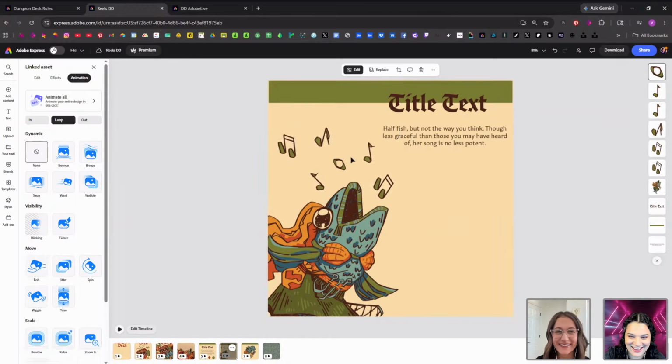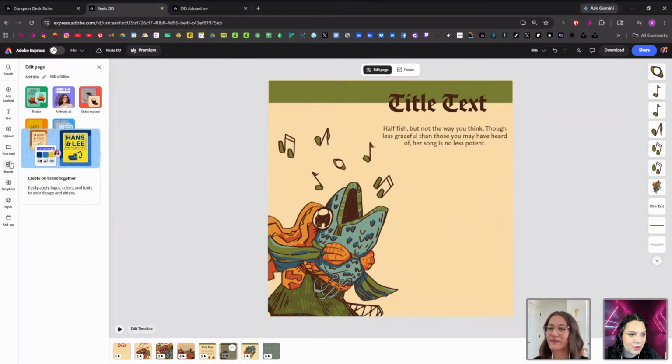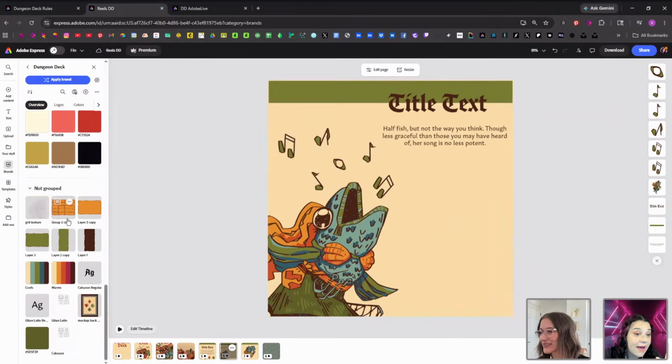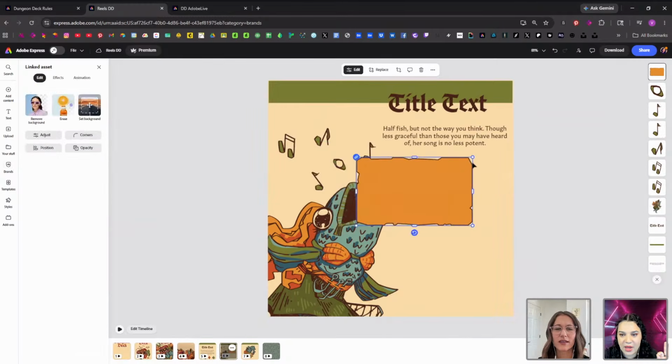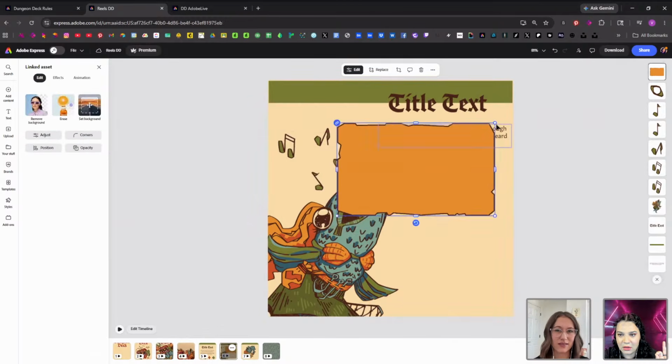Wait, we lost the one. We did. There we go. I'm not even going to try and name that one. That is a whole note, because whole notes, half notes, other fractions of notes. Okay, so they move. Now we need a speech bubble to say her flavor text. Are we going to custom make her one? I have a custom box. I do not know, it could work. This will be fine, and we're going to recolor it because I recolor things constantly in Adobe Express.